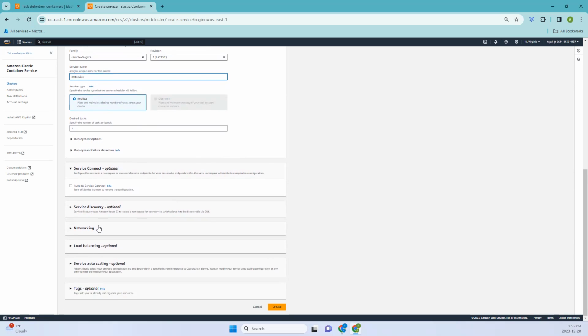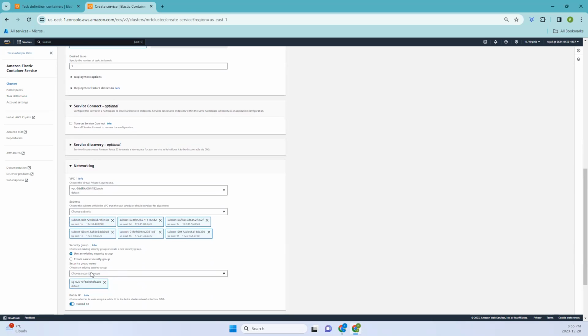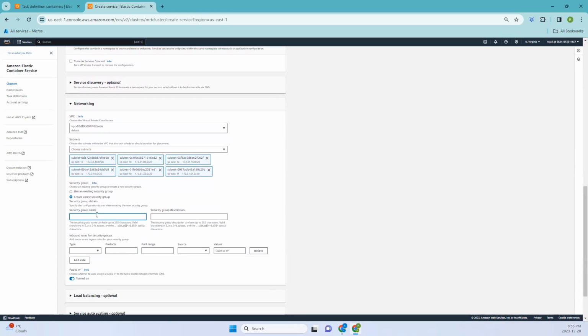And coming to the networking, you see by default we have an existing security group, but we have to make sure that the security group uses an inbound rule where it's allowing HTTP from anywhere. So let's delete it for now and let's create a new one. So let's create a new one and let's say